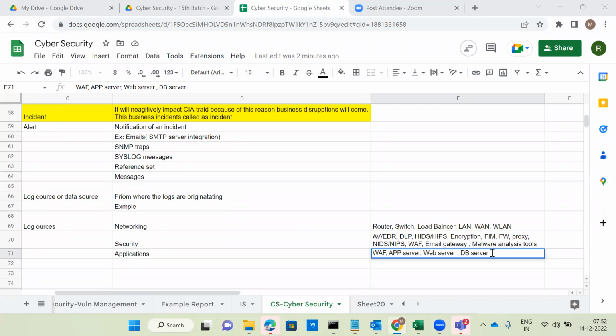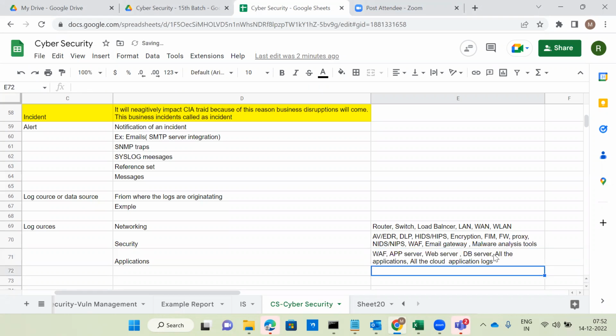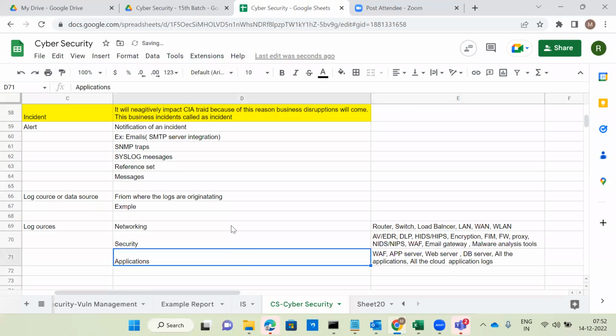Database server, all the applications, and all the cloud application logs as well. So these are on the application side.